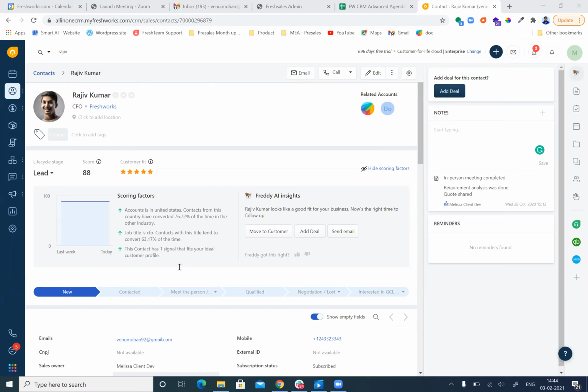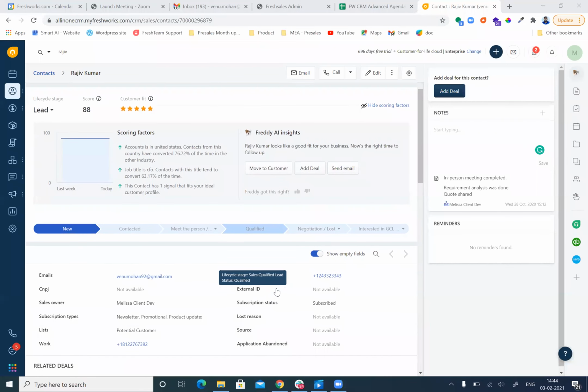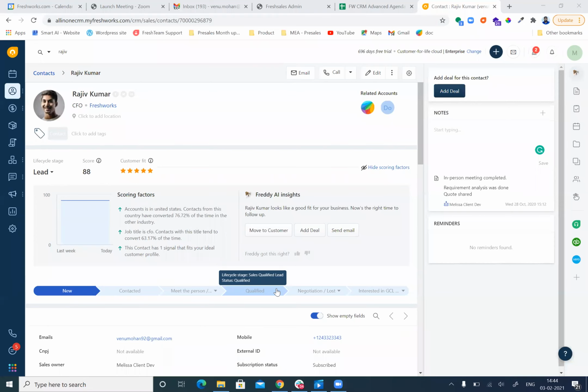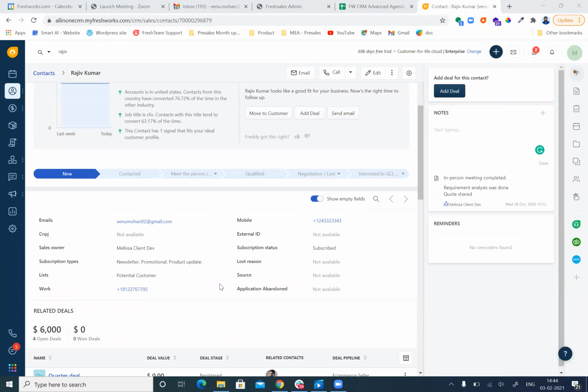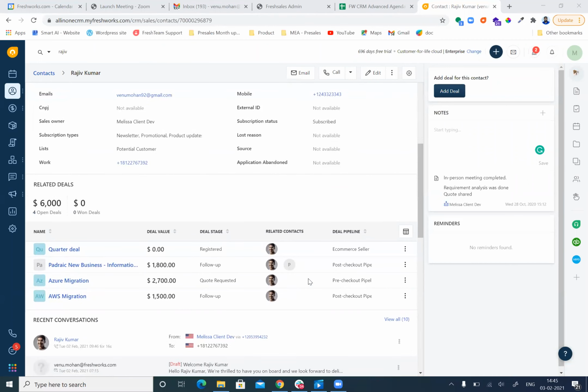Whenever customer information is created in the CRM, this is the screen your sales agents or marketing agents will go through. Within the same screen itself, the agent is able to see multiple pieces of information about the customer. One is the basic profile information: their email ID, phone number, address, city, location, and what they are interested in. All the basic information will be shown here, followed by all the opportunity-related information about the customer.